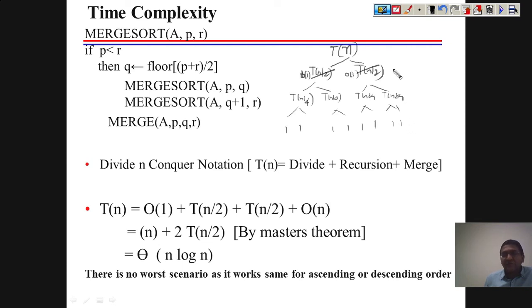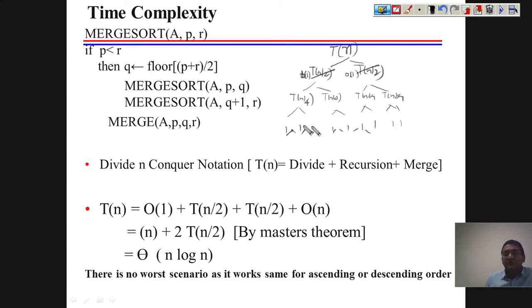So we do not simply add these costs and get the final costing effort, because still our answer is not achieved. We are not able to sort it. Once you get individual elements, then you have to apply the merge procedure. Now you have to combine all individual elements together to get your sorted list.